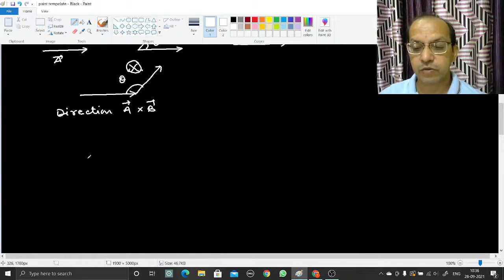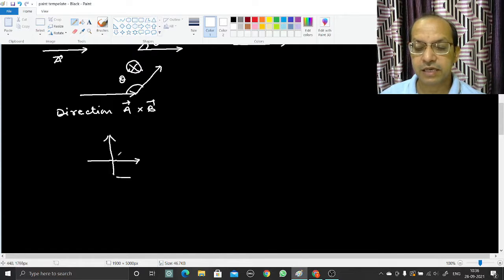So there are two dimensions, or you can say two directions, one direction, another direction, and the third direction can be perpendicular to this plane or this screen. But how to denote, how to express that direction? There are two ways. This mark, the cross in a circle, will show into the screen, and this one, a dot in a circle, will show out of the screen.